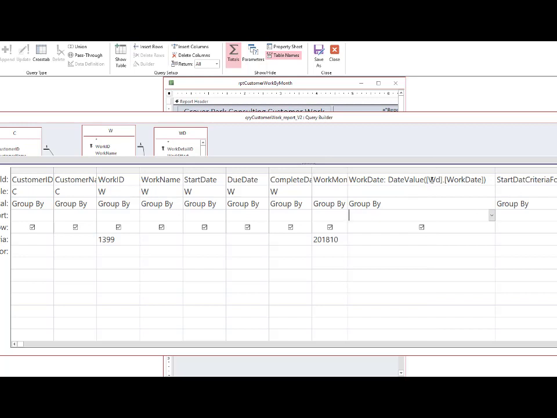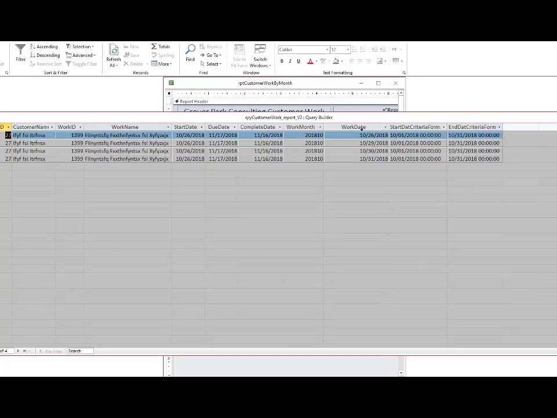What I'm using here is the DateValue function, which basically says, give me only the date component of this particular field. Forget that there's even a time associated with it. And then the group by will now return one instance. So that fixes that for this particular one, and we can